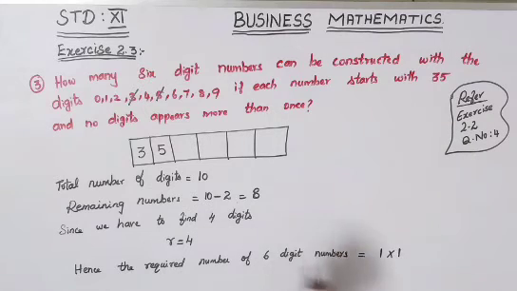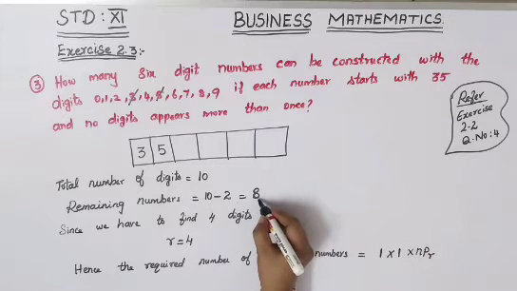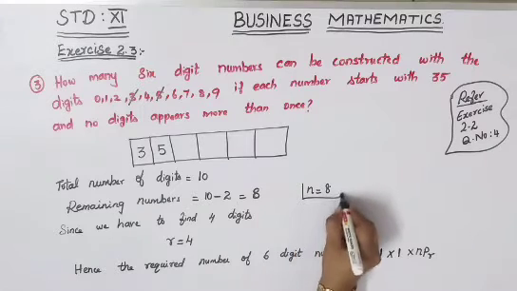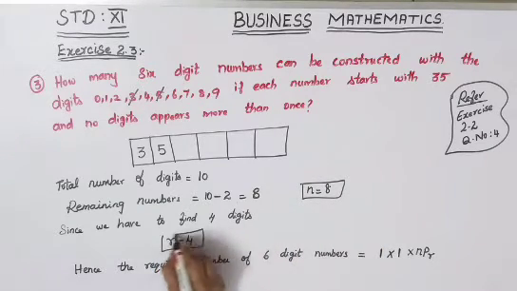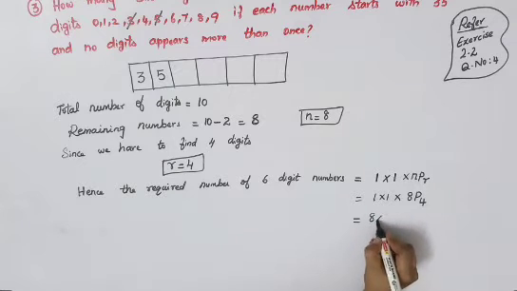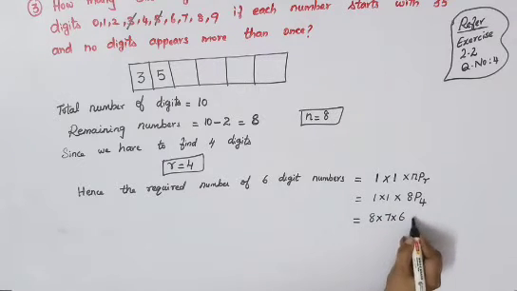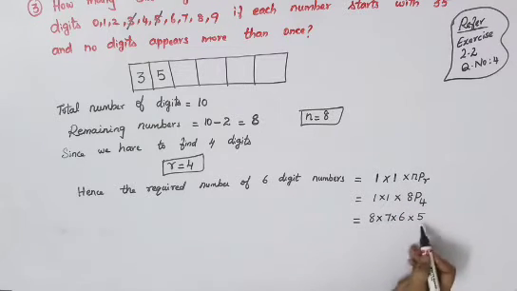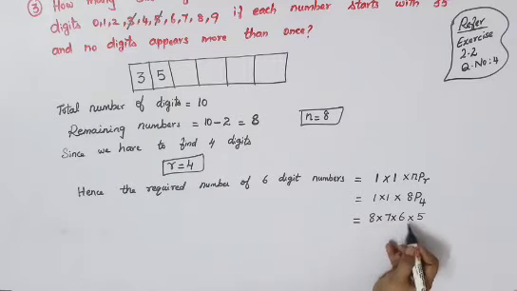Now nPr is your formula. Now see how many digits are left out, 8. So n is equal to 8, you can write it. So we have n and r. Just substitute it here, you will get your answer. So that is equal to 1 into 1 into 8P4, where n is 8 and r is 4. 8P4 is 8 into 7 into 6 into 5. Starting from 8, 4 numbers you will have to write in consecutive order.